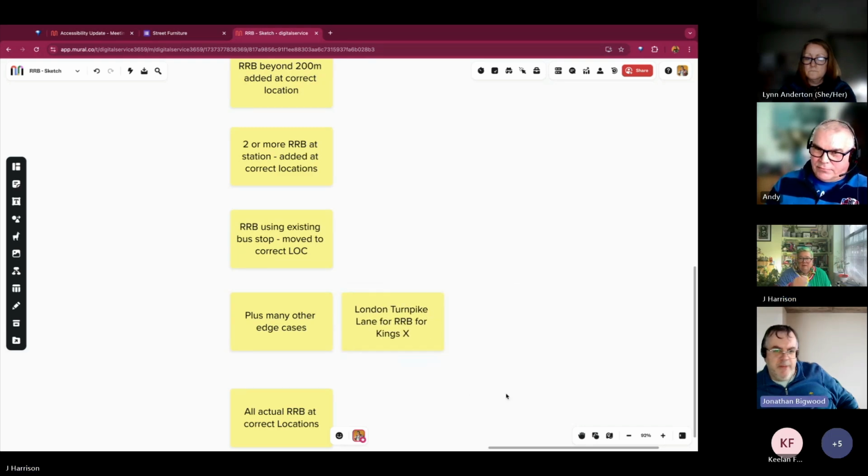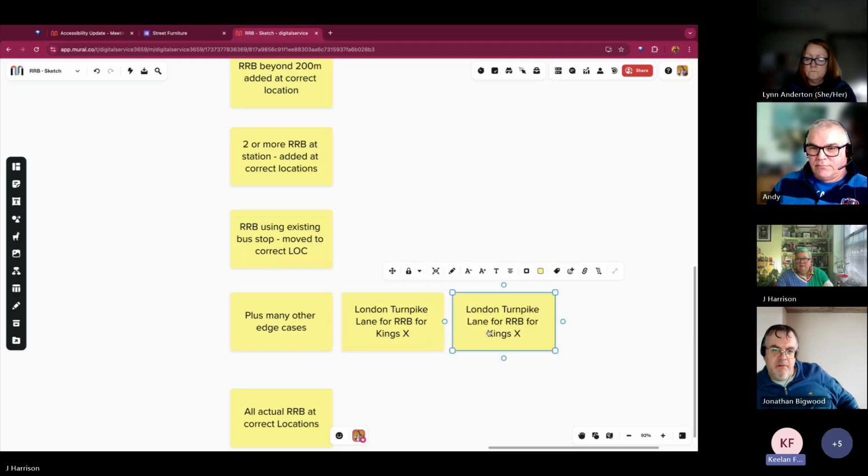Yeah, there must be several others like it that they do that sort of thing for. Newbury Park for Liverpool Street is the one which I passed through several times. Yeah. Right, let me put that one in as well. Newbury Park for RRB for Liverpool Street, which is being done up, so I'm sure Liverpool Street will be a frequent flyer for